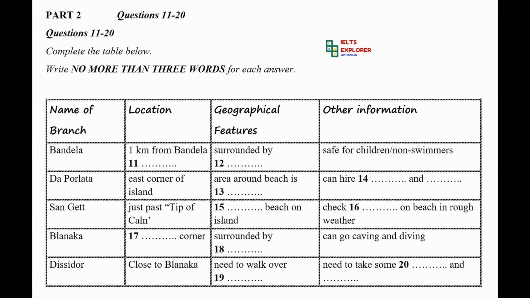You have to go down a long flight of steps, 190 to be exact. But you'll be relieved to know that there's also a road which winds down to a car parking area. When you're level with the sea, there is a handful of shops and bars, and you can hire some beds and umbrellas. Continuing round the island, just past the tip of Calne, is the next beach I'd suggest you visit,